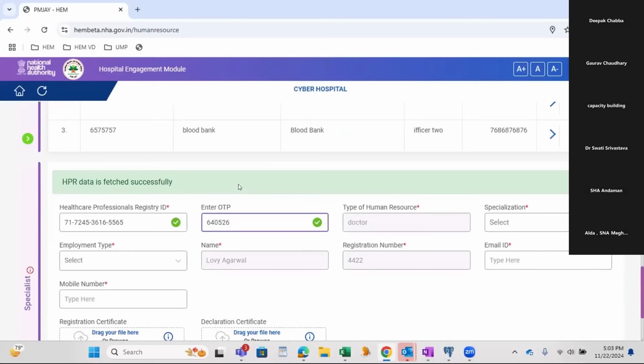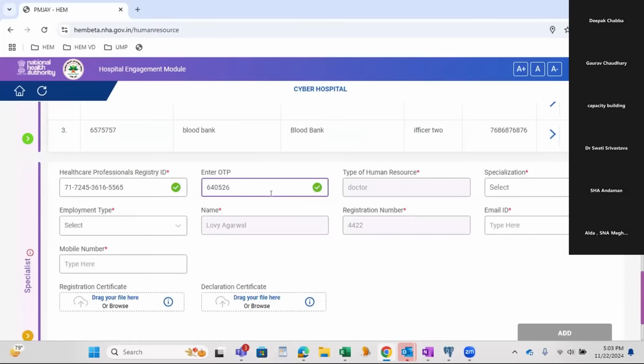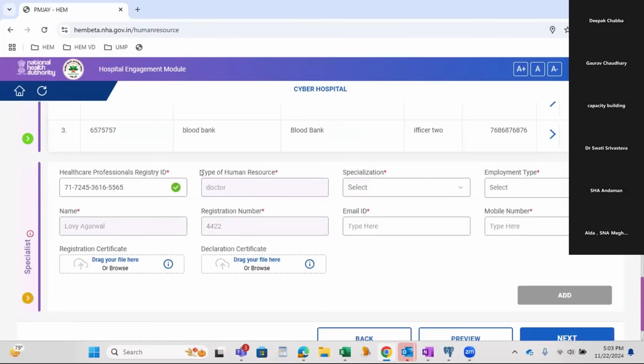So if you see, the HPR ID will fetch the data automatically for certain fields like type of the human resource. It is a non-editable field and populated as doctor, with the name and registration number. I will enter the remaining fields which are mandatory.